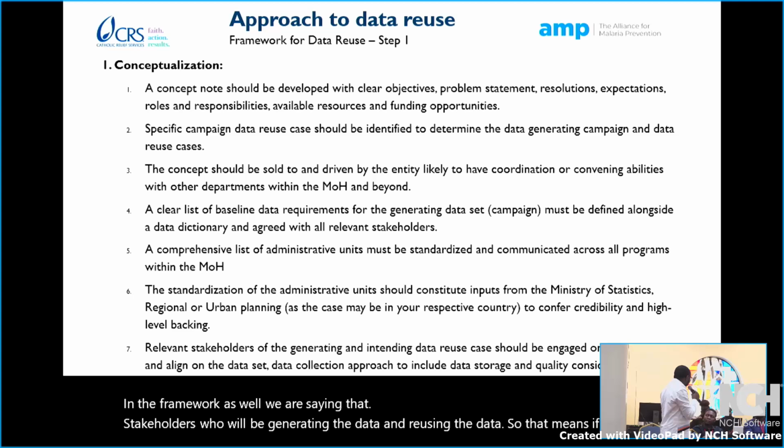Key staff should be identified. It's not about just saying, oh, I have informed them and they are aware that we are doing this. No, key staff should be identified and included in the routine engagements and meetings on this data reuse. If not, it will be difficult to gain a lot of traction.